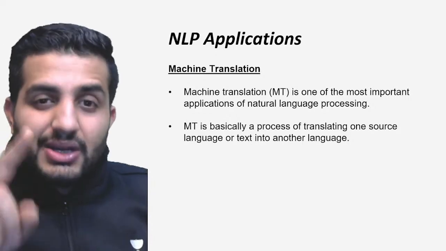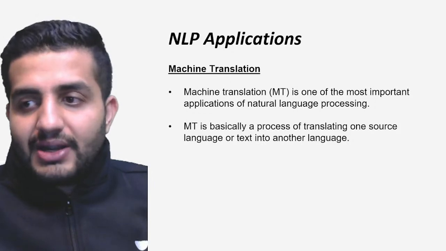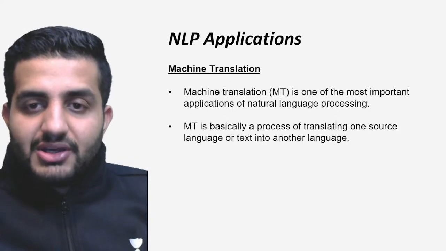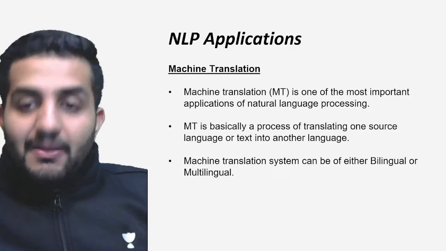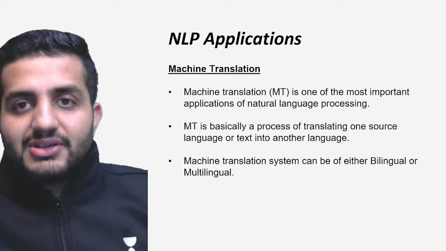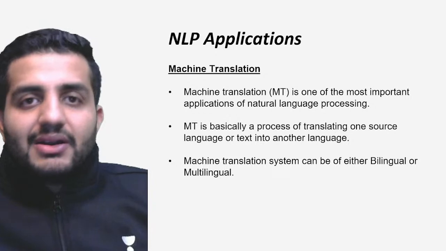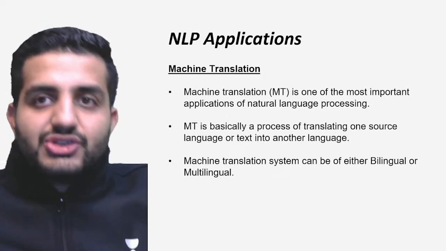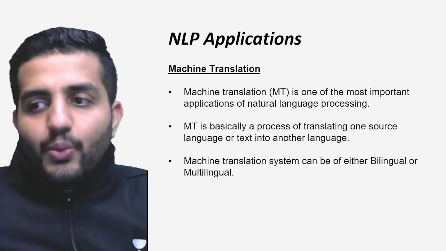All of these three has to be taken care of, and by default morphological to hoga hi hoga, because tokens the first aapka entry point hai anyway. Cool. So that is where your machine translation comes into picture, and it is becoming very important thing. So here the machine has to be bilingual for sure, because it is giving me a translation to minimum 2 languages, like Spanish to English, or say Hindi to English, or English to Hindi, right? Or it can be multilingual, so we can also train it on multiple languages, like Spanish to French, French to English, English to Spanish, right? So it depends on the way we are trying to build it up.